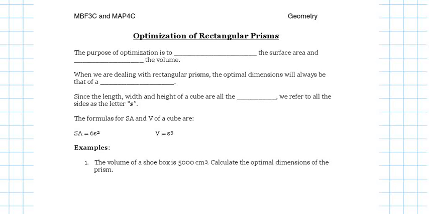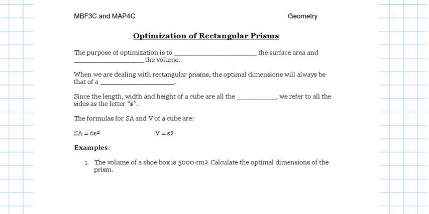So in this case, we were dealing with 2D shapes and a certain amount of fencing. So one thing is given to me, and I was looking for the best dimension. Now, I'm going to look at 3D shapes. But 3D shapes is no different than 2D shapes. If square is my best